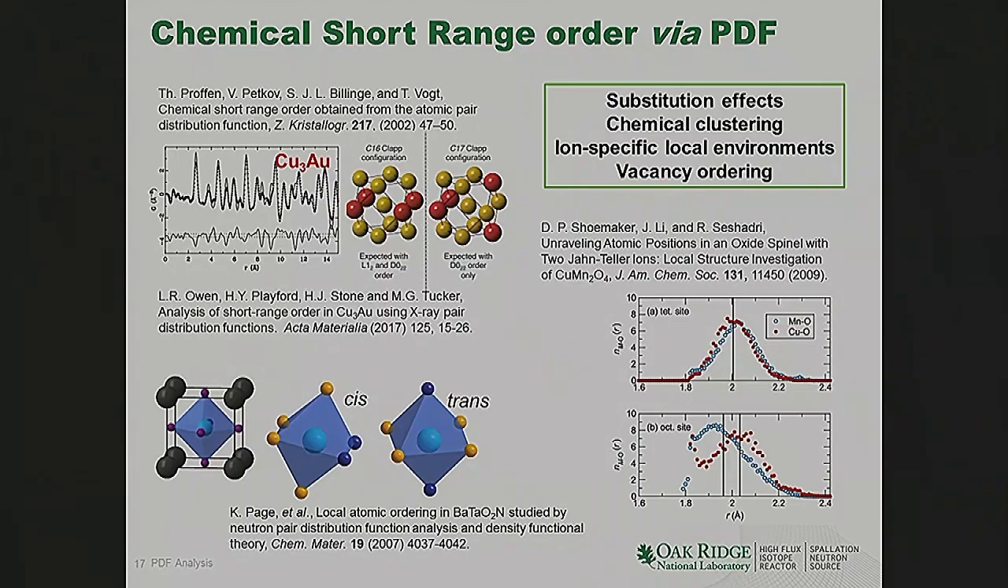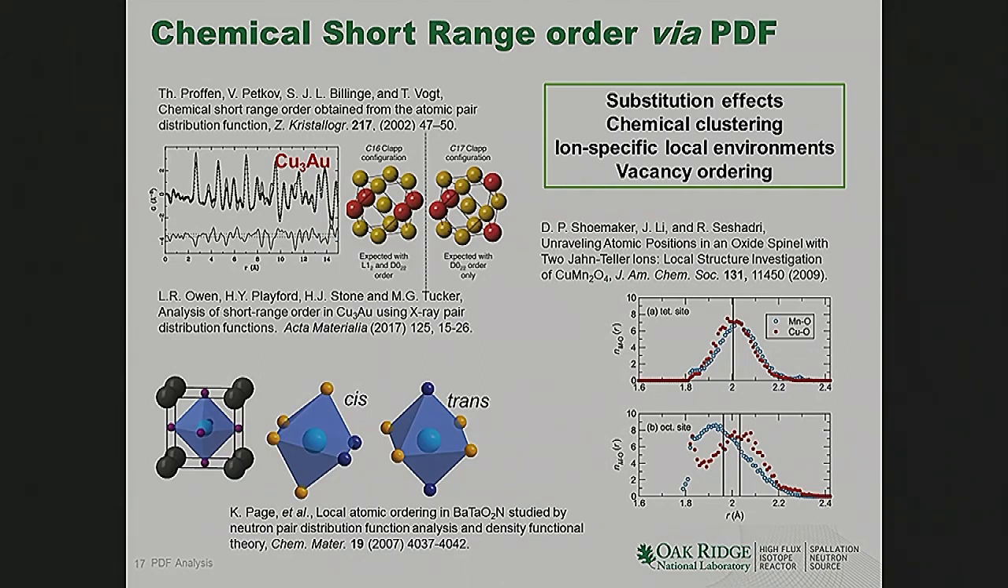Another, and this goes back to that nice set of simulations from Thomas, chemical short-range ordering via PDF. So this would encompass your substitution effects, chemical clustering in materials, ion-specific local environments, and any kind of vacancy ordering. One of the classic examples is copper 3 gold alloys. So long range, it's a disordered alloy, but at short range, it actually prefers these